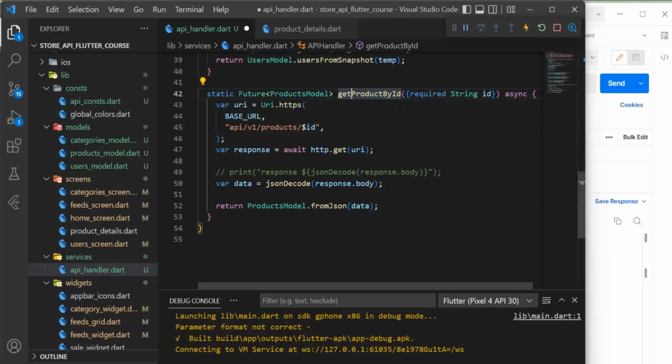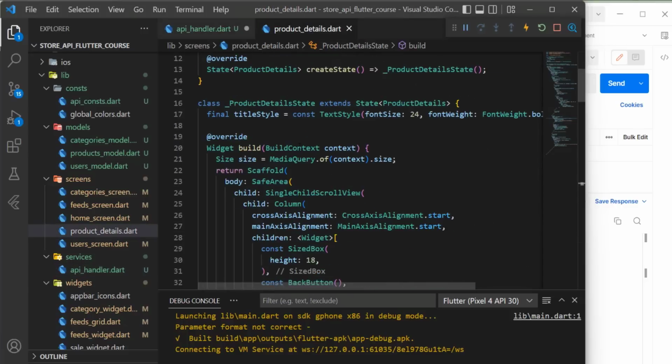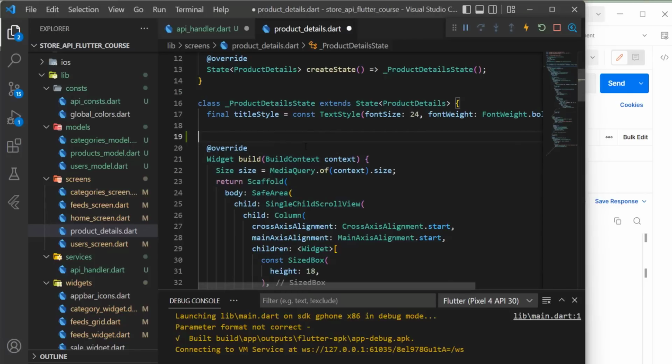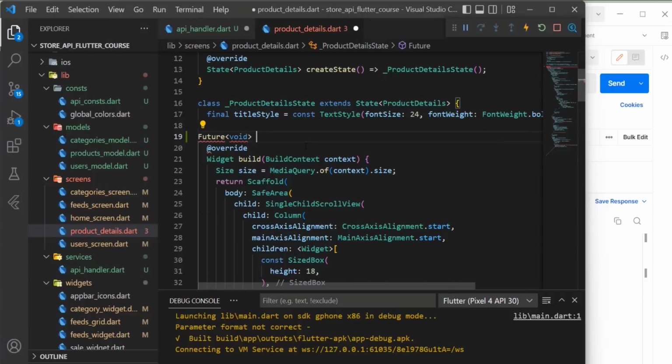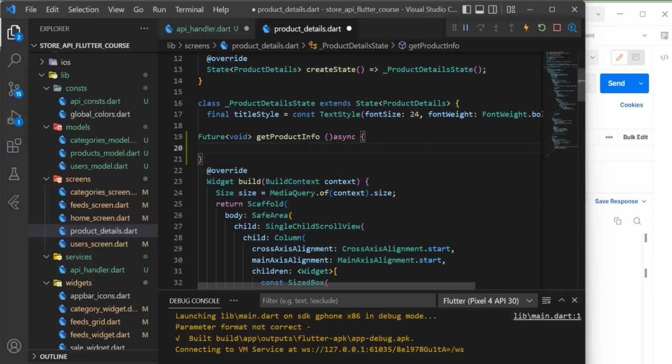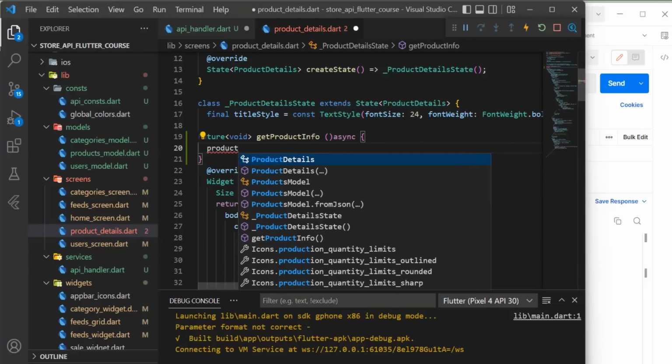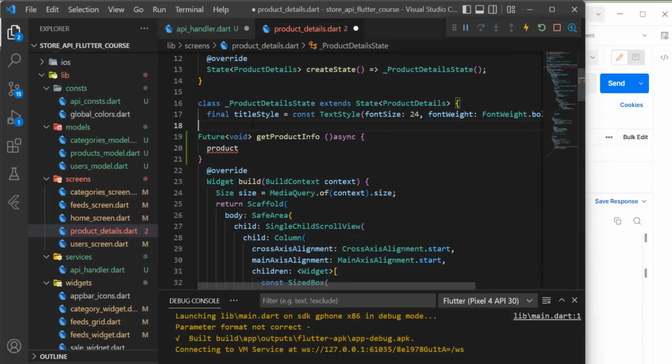Now this method can be used directly in the product details screen. So in here we can write our function in order to get the results. The best place to write it, we can do it actually in the init state, but I prefer to do it in the change dependencies. So let's initialize a future of type void, and we can name it, for example, get product info, like this. And then in here we need to call the API handler and use it. So what I'm gonna do is to initialize something called product, and it's going to be of type products model, of course, and it can be null,